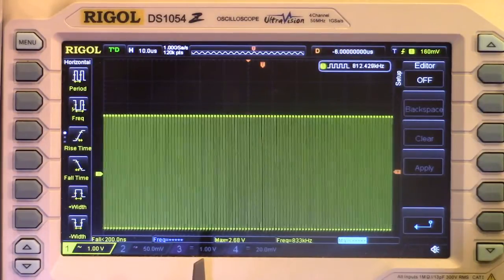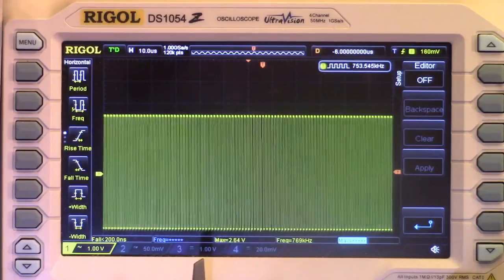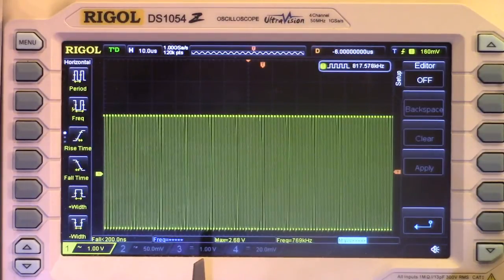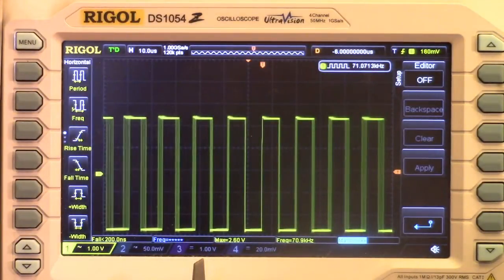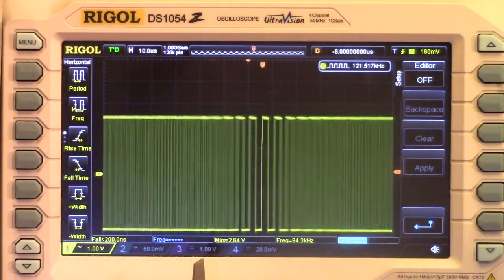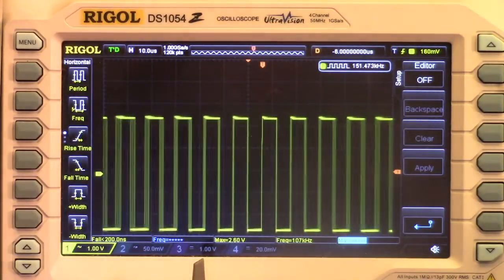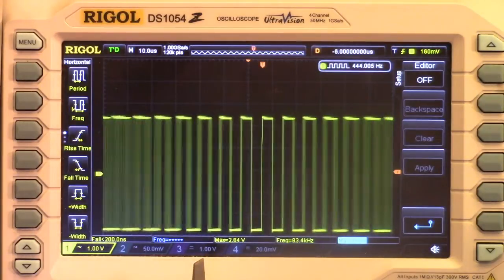and we're up around the 800, 817, say 800 kilohertz. There's 817 right there. 817 kilohertz, all the way back down to 71 kilohertz. And so, okay, the clear then just becomes a very sensitive light detector. Well, I don't know, it's a pretty bright flashlight. I don't know how sensitive he is, but